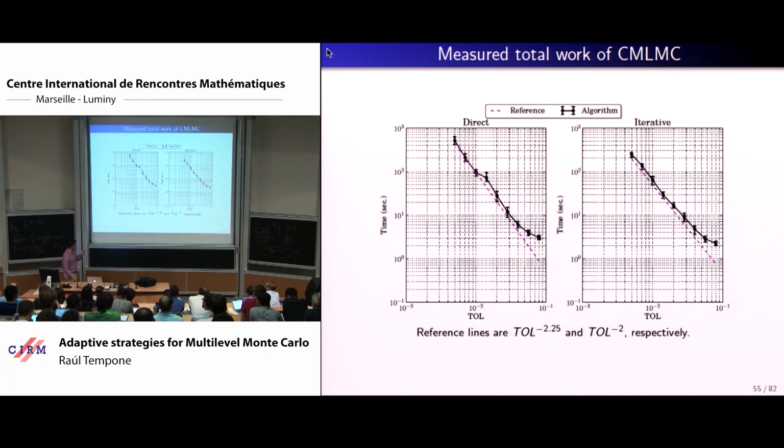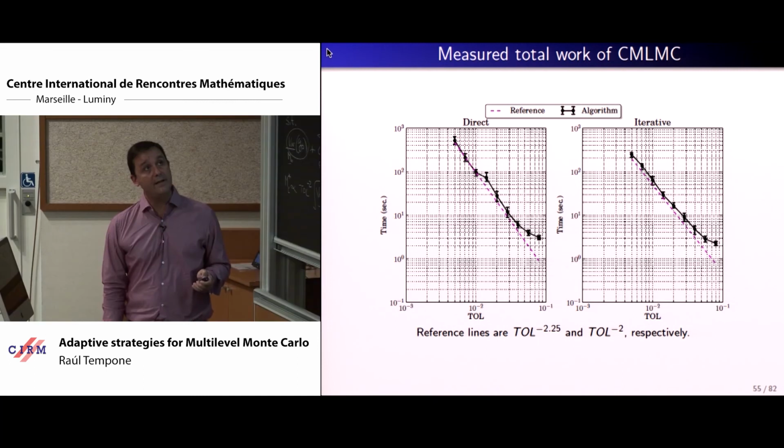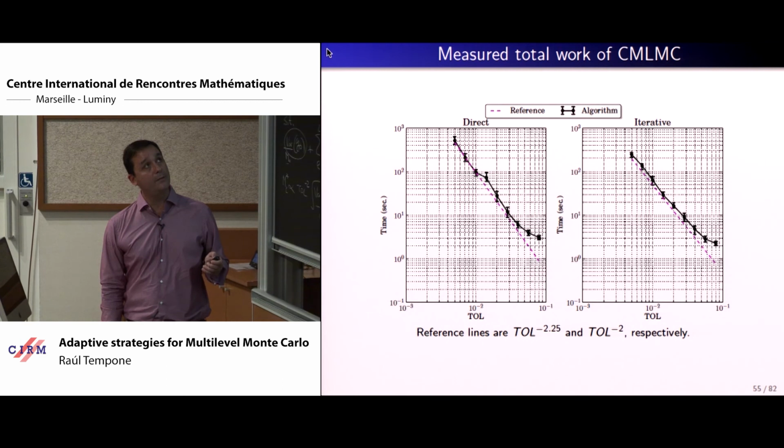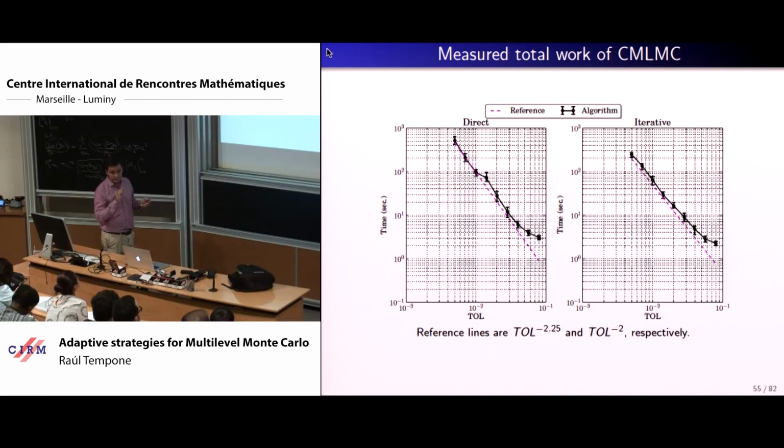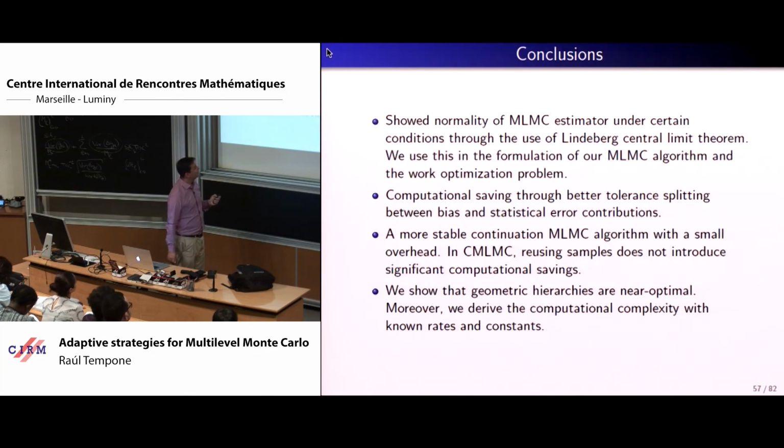Okay, so the good news again is that if you do all this little learning process, the complexity that you get is not much of an overhead with respect to the optimal line here. That means that for this pink magenta type of curve, you are just writing the cost that you would incur if you knew all these nice constants beforehand, with respect to finding them on the fly. So it's not too much that you have to pay, really. Okay, so that's with respect to the optimal split in theta, and it's not really much relevant.